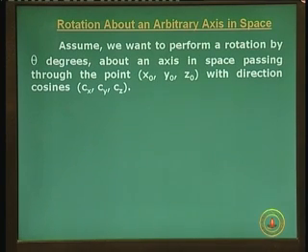Assume we want to perform a rotation by an amount theta about an arbitrary axis in space, because we have seen rotations about three specific coordinate axes x, y and z separately. We have seen the forms. Now, we are talking about an arbitrary axis. Okay. You remember in 2D we talked about rotation about an arbitrary point. Here we have rotation about an arbitrary axis. Why an arbitrary axis? Yes,